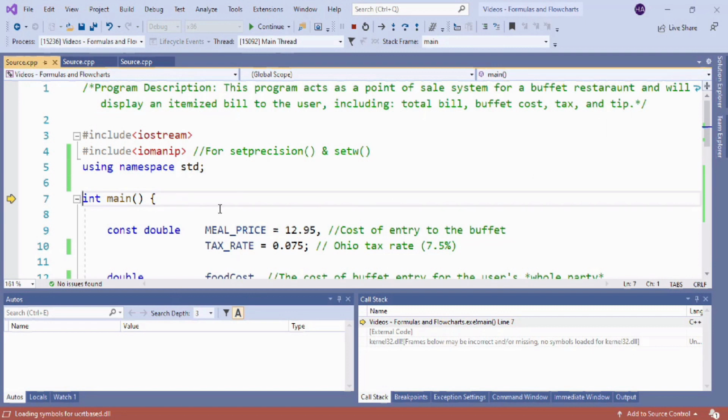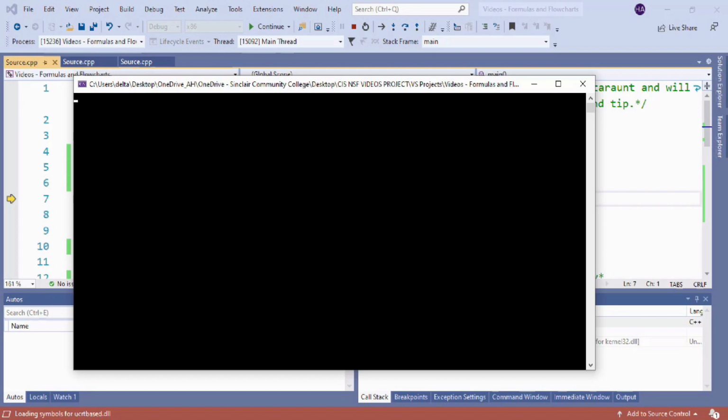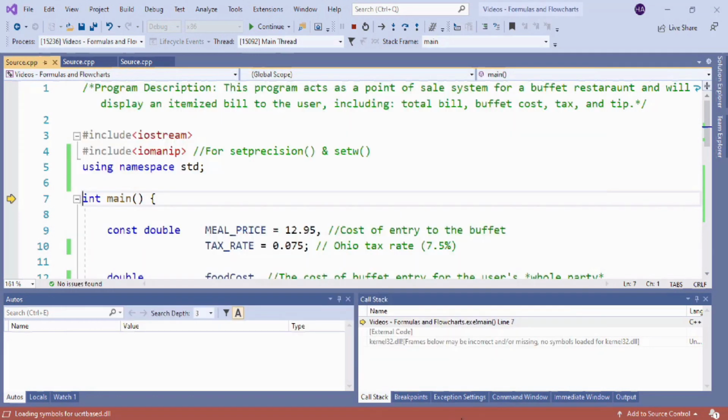Okay, so as you can see, our views shifted a little bit here. We saw our console window pop up, but nothing's there yet. That's okay. And then we've got some information here. The window that you want to make sure you can find is this Autos window here, okay? If you don't see the Autos window, it's very easy to add. We're just going to come up